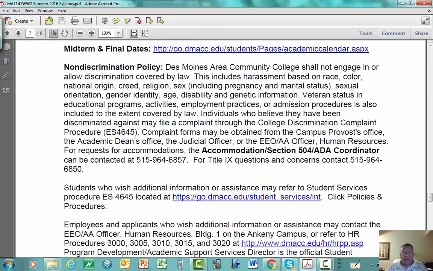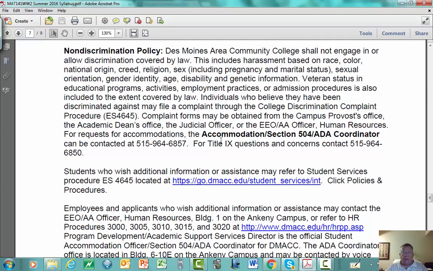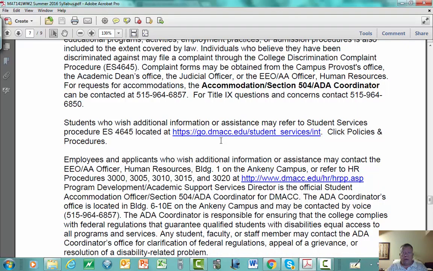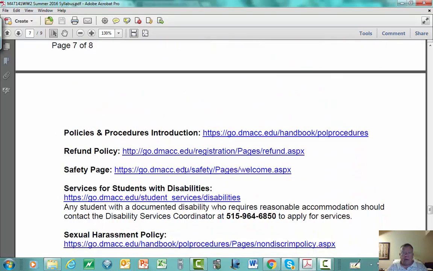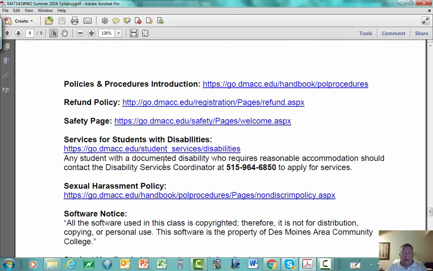non-discrimination policy is the standard one, something that I firmly believe in. Feel free to read what we have here, click on the links, etc. Let me go down here and highlight this piece about students with disabilities. How that really applies to the online class is that,